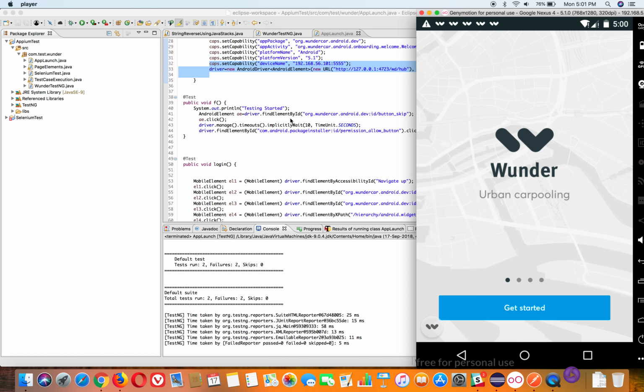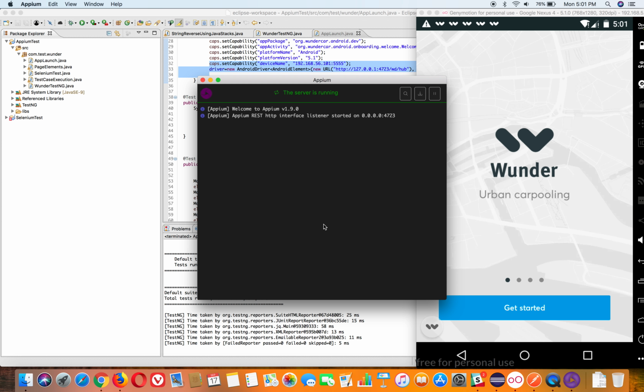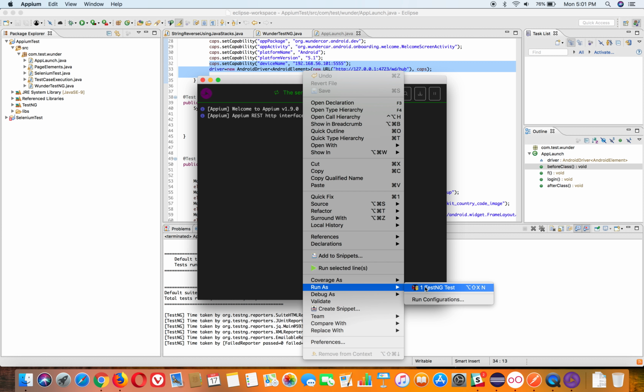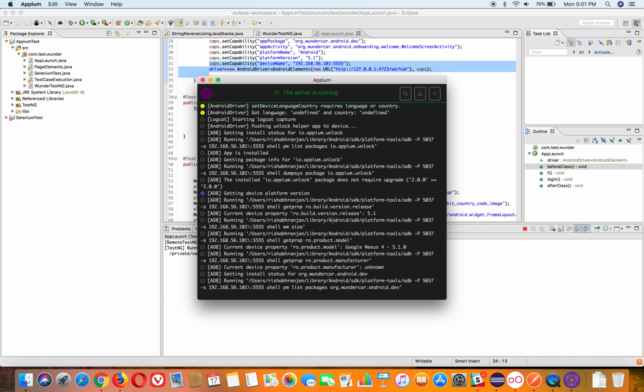I just restarted it. Sometimes it happens, the server connection is gone. I run this project again, and